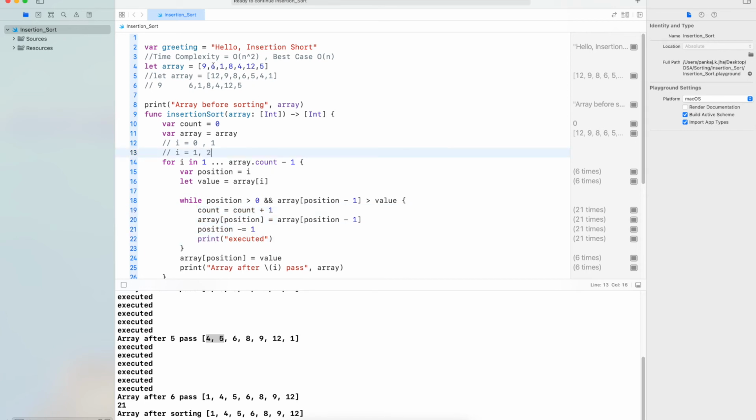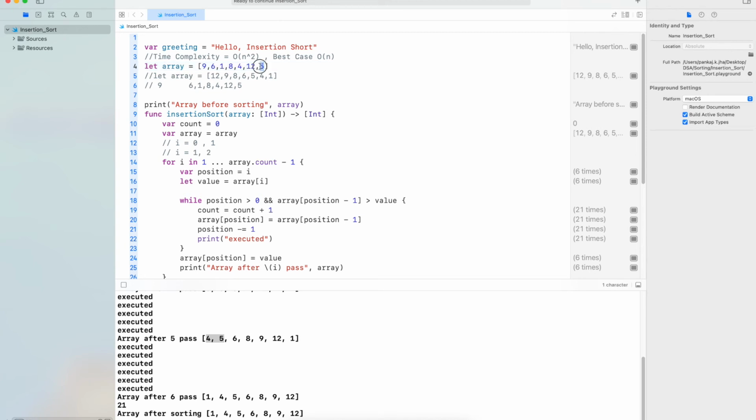And for I equals n, I equals n means 0 1 2 3 4 5 6, this will execute almost n by 2, or n minus 1, or n minus 3 times.